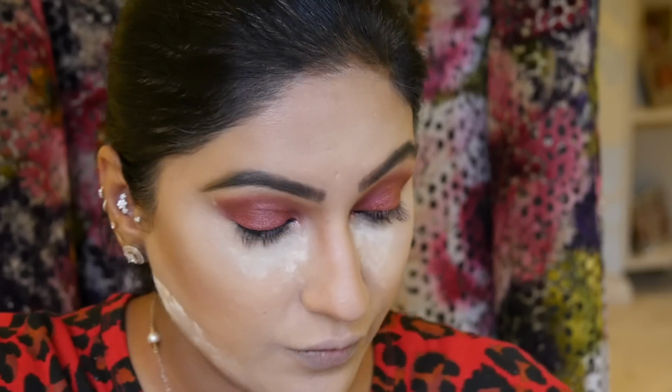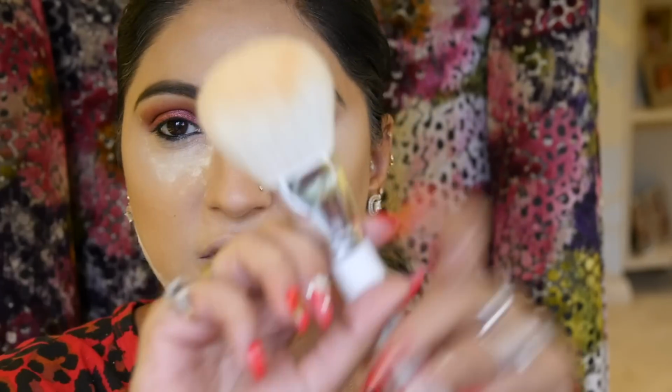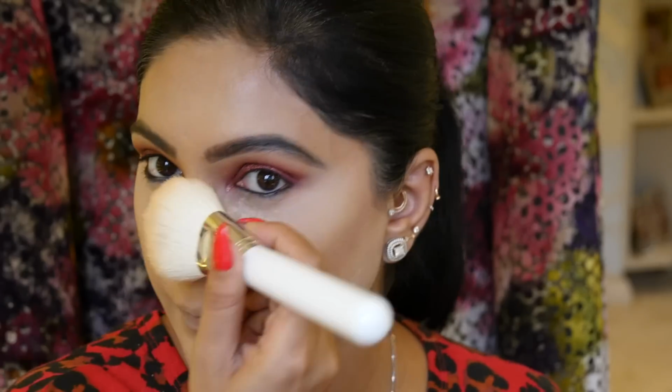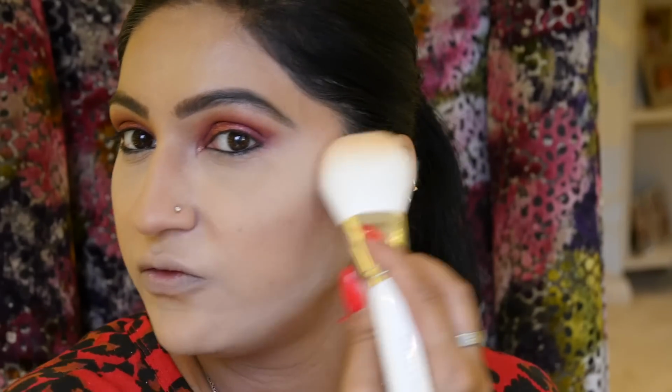Okay, now we have in baking, guys. If I want to go stronger with a contour, I could do that, but I really don't feel like I need to. So I'm going to go in with this brush right here, big fluffy brush, Morphe Jaclyn Hill JH02, and I'm going to do that out and dust that off. You can see quite a difference there. Don't worry, we will fix that. And also just